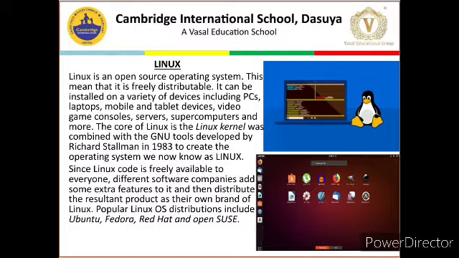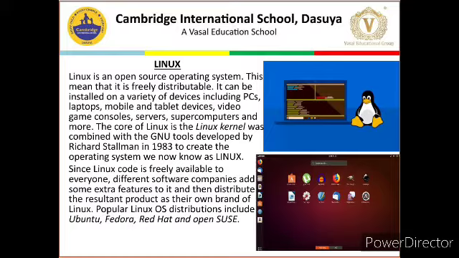Now, come to the last topic, the third type of operating system, which is Linux. Linux is an open source operating system. This means that it is freely distributed. It can be installed on a variety of devices including PCs, laptops, mobile and tablet devices.